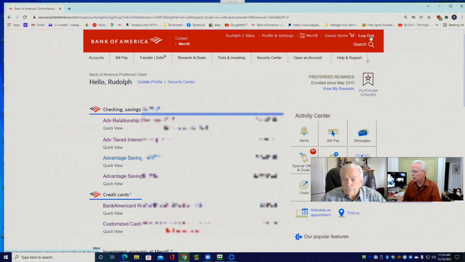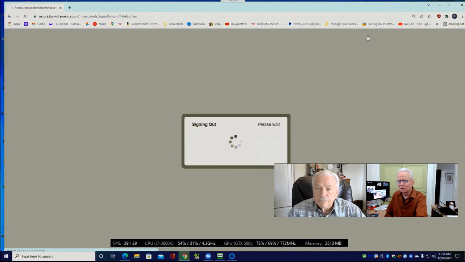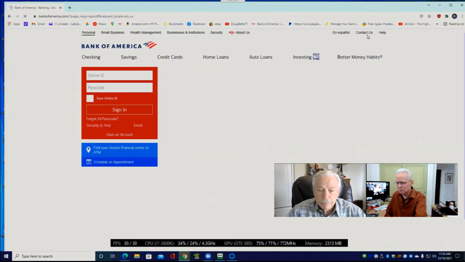So clicking log out here is optional. That actually logs you out so that if anybody else walks up to the computer, but I know it's just you and your wife there. So I'll go ahead and click on log out. I'm going to blur the screen as it's signing out.